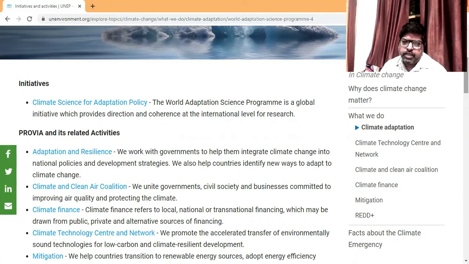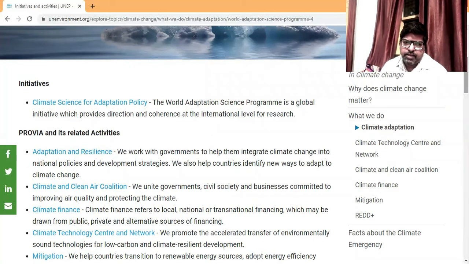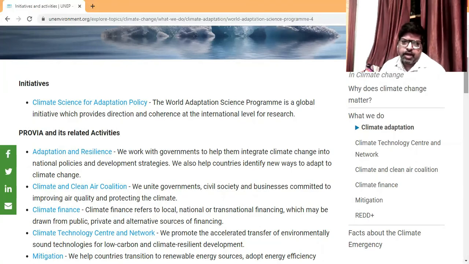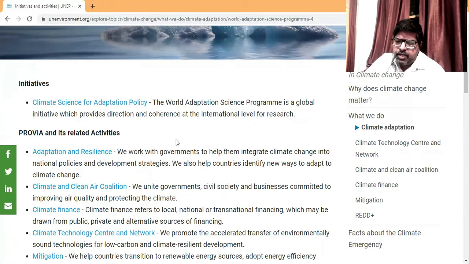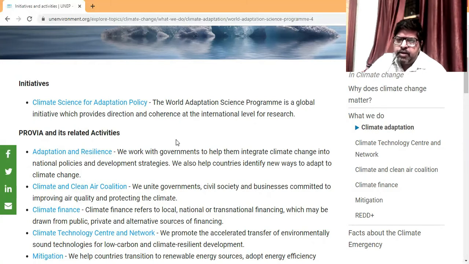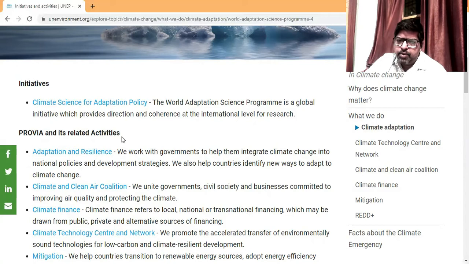So the World Adaptation Science Program is a global initiative which provides direction and coherence at the international level of research. Whenever we talk about international climate science and adaptation policy, this is the area where we have to focus on the environmental related issues, where the entire world community is basically participating in the adaptation of the scientific policies related to climate change and certain scientific mechanisms adopted by the numerous scientific societies of the world under United Nations. In this research and major